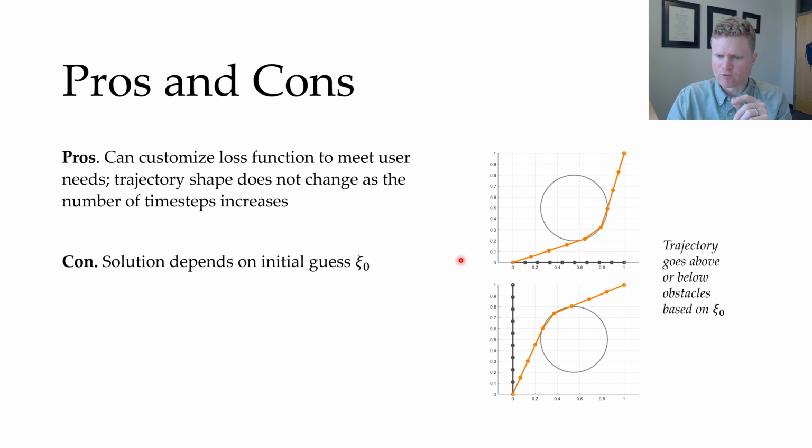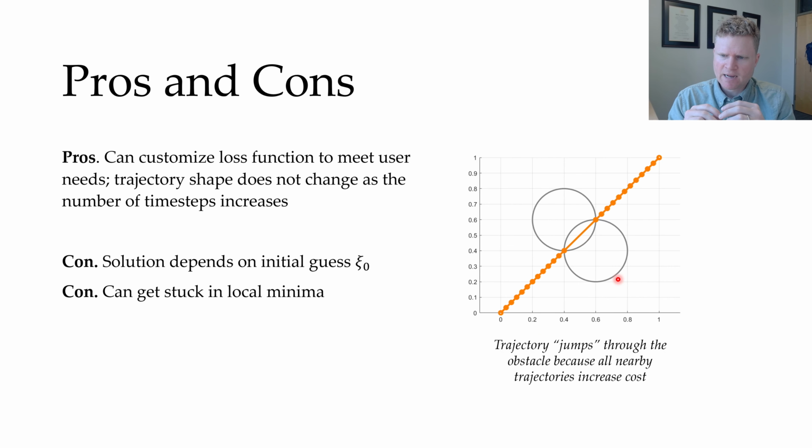And I'm illustrating that over here on the right. So I've got the same general setting where I'm starting at 0, 0. I want to go to 1, 1. And I've got two different initial guesses. Now, these are very bad initial guesses, and that's fine. I just wanted to illustrate the concept. So I've got one initial guess over here, and that leads to a trajectory that goes below the obstacle. I've got another initial guess right here, and that leads to a trajectory that goes above the obstacle. And that just suggests that the initial guess that you make could be pretty important for the answer that you